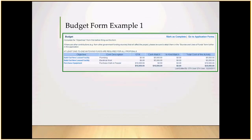Okay, so here are some examples of budget forms. Example number 1: they are doing a build out on their leased facility. The first cost description is plumbing. They also have electrical work, and they have an objective of purchasing equipment, and they're going to purchase a walk-in freezer. So they're going to ask for $10,000 in GTA funds to purchase that walk-in freezer,